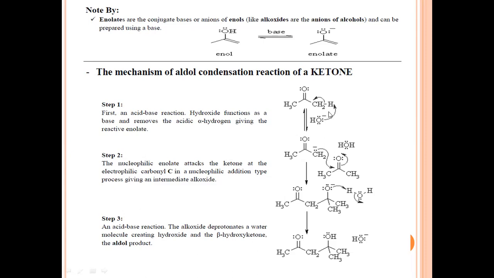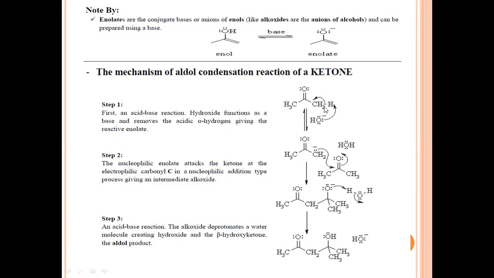Now, what is this alpha hydrogen atom? A hydrogen atom which is attached to the alpha carbon atom. What is an alpha carbon atom? An alpha carbon atom is a carbon atom which is attached to the functional group containing carbon atom. So, any structure which has an alpha hydrogen atom, this base will abstract the alpha hydrogen atom from the structure of the ketone molecule and form a water molecule.